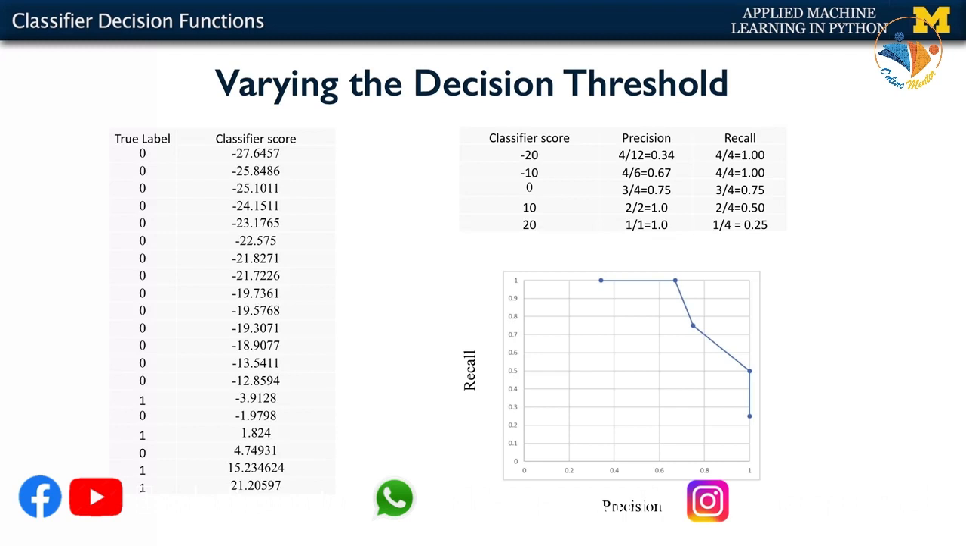So instead, what we'll do is look at how the classifier performs for all possible decision thresholds. This example shows how that works. On the left here is a list of test instances with their true label and classifier score. If we set a decision threshold, for example, if we set the decision threshold to be -20